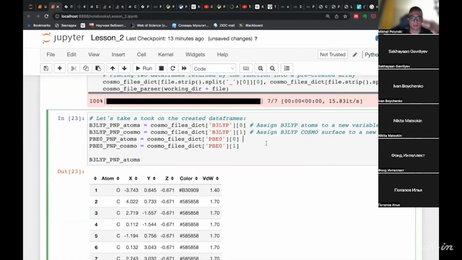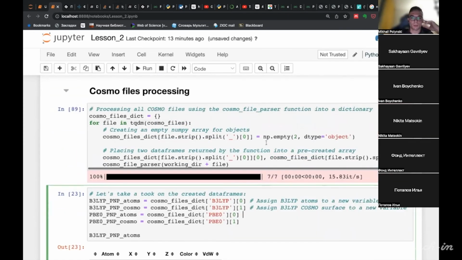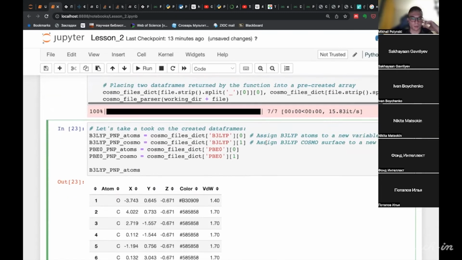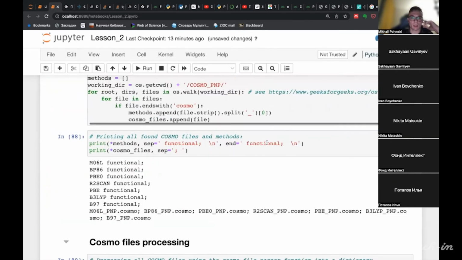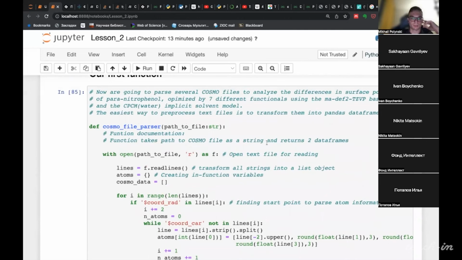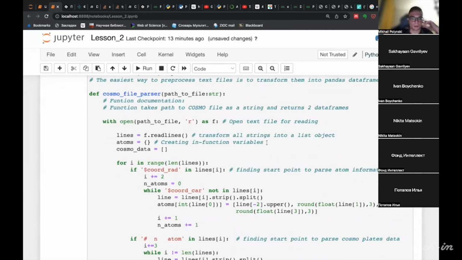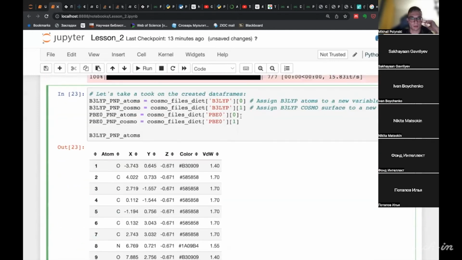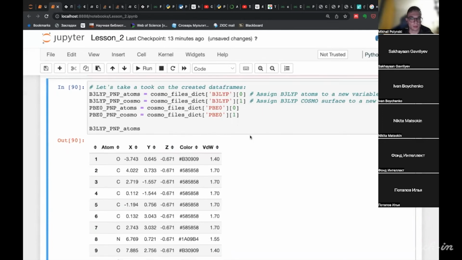After processing these COSMO files, we can analyze Pandas data frames that were produced by the code execution.